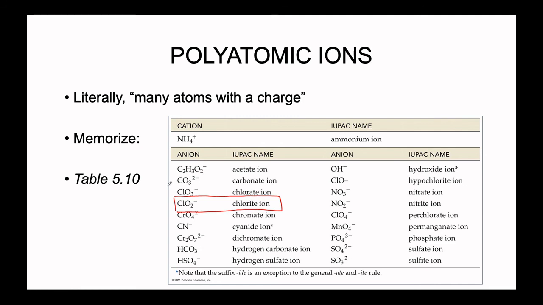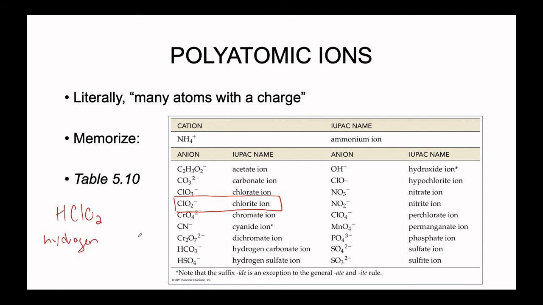What this means is if we were to partner this with a hydrogen, H out in front, because they naturally have plus charges, ClO2 with a single minus charge, everything's charge neutral here,